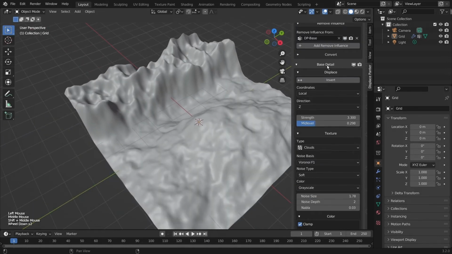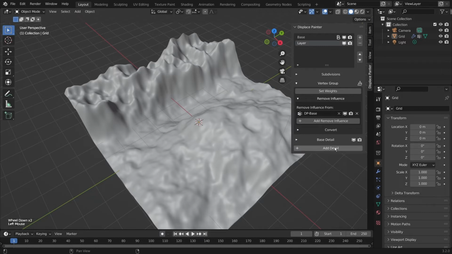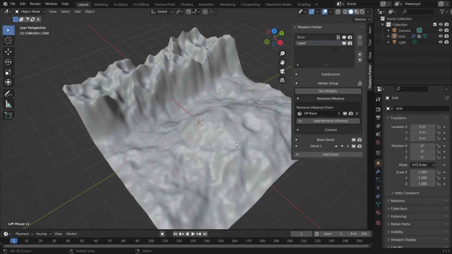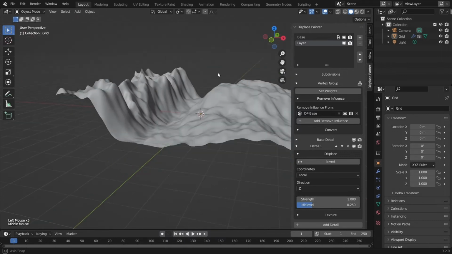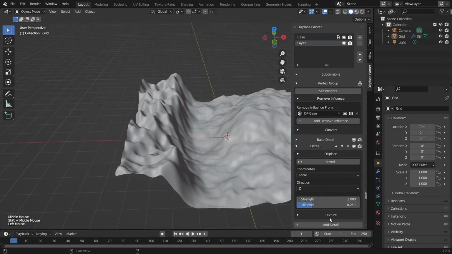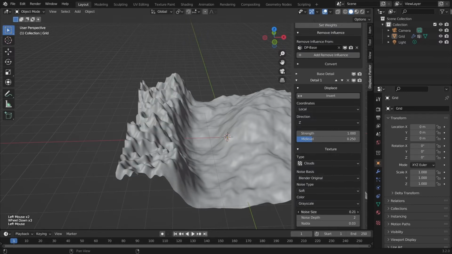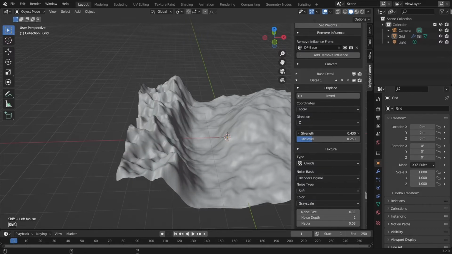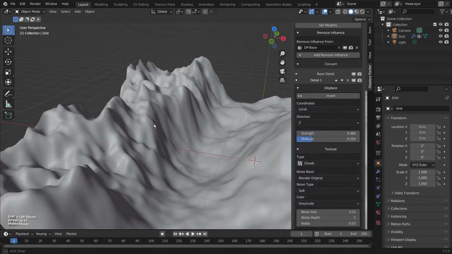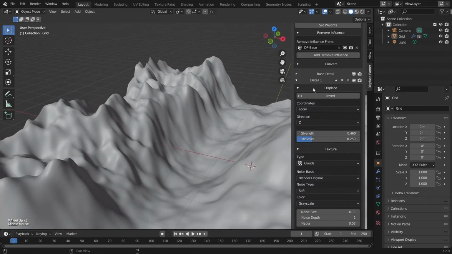One of the things you can do is you have the base detail. You can add another detail. You can add as many as you want. And this basically has another noise texture, or noise texture displacement on top of it, so you can add precise details. And one of my favorite